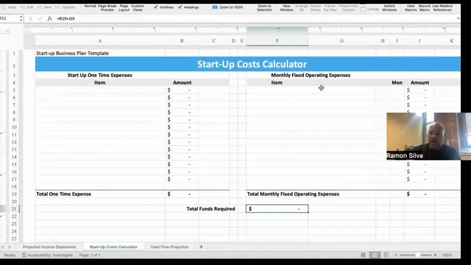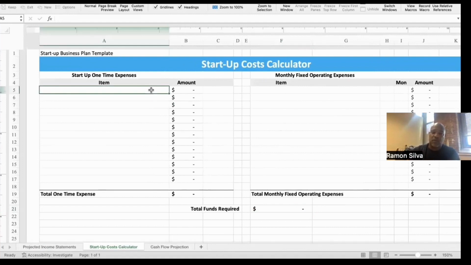So we've got two different sides of this, and what you'll see is they each subtotal, and then they total to the total funds required to start your business. First section of one-time expenses should include anything that your business needs in order to get started, to get